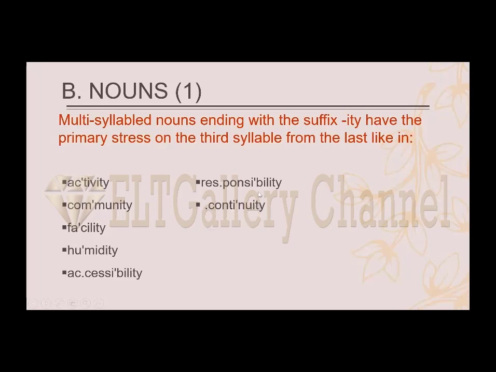Continuity, creativity, elasticity, generality, generosity, hospitality.